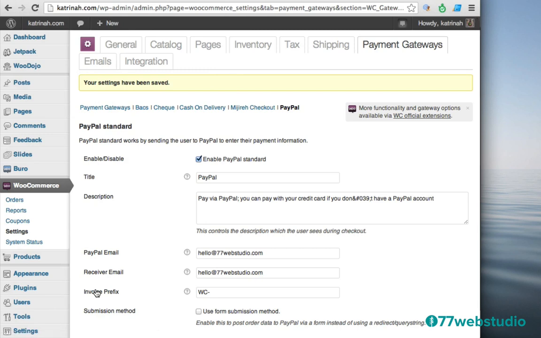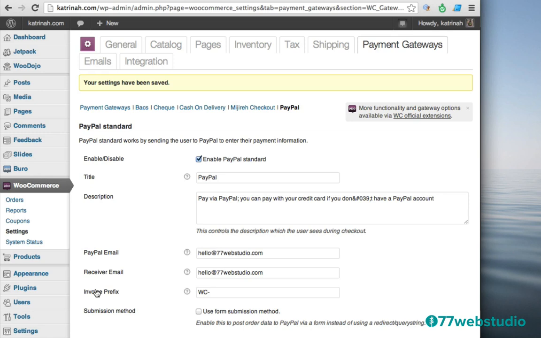Now the good news with PayPal is that a customer who comes to your website can easily pay with their PayPal account, or if they don't have a PayPal account or don't want to use one, they can simply pay with a credit card or a debit card by logging in as a guest. They do not have to have a PayPal account to use PayPal to pay for anything on your website when you have the payment method set as PayPal.